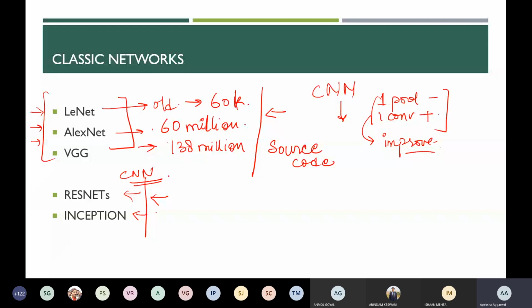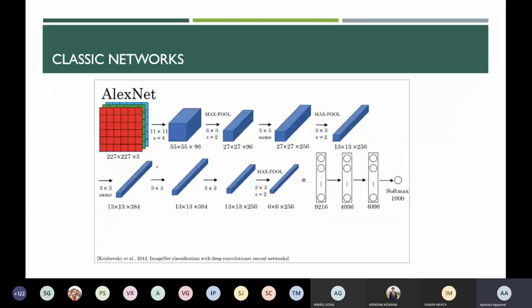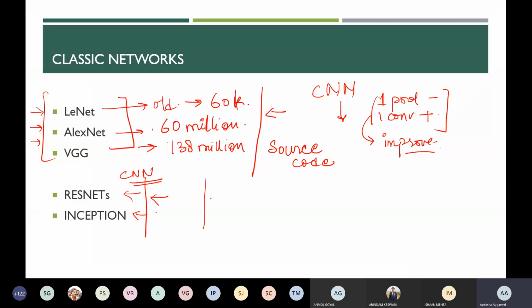The only thing that is different in these is how many pooling layers they are using and how many inputs they are taking. They have a fixed architecture. That is the only thing. So just as an example I'm showing you AlexNet. In AlexNet it's fixed: it will give the output of a softmax of 1000 values. Similarly it has this much filter size, this much max pooling size, and so on. So it is fixed, and it is extremely popular. AlexNet is still popular, but ResNet and Inception networks are newer versions of CNN.